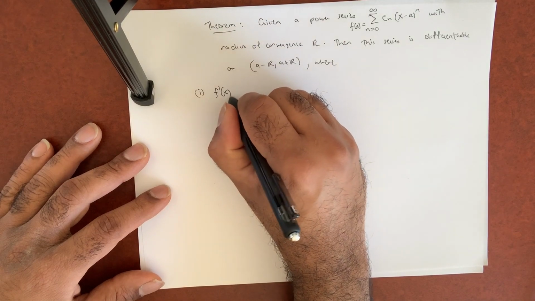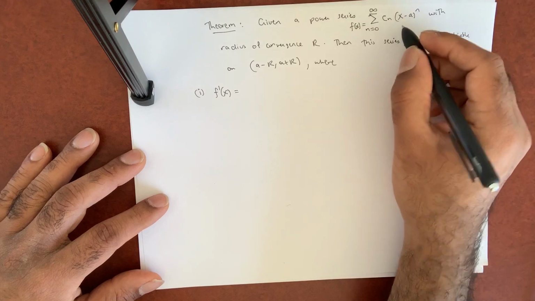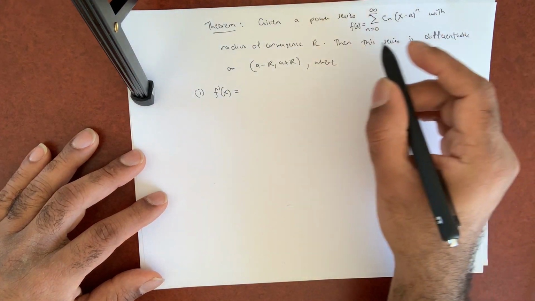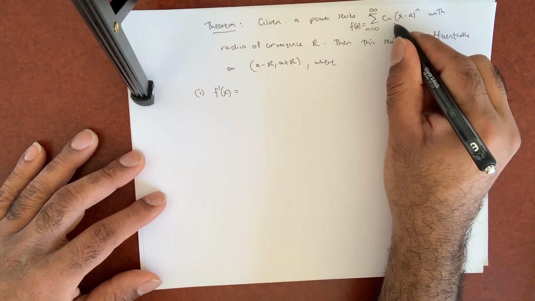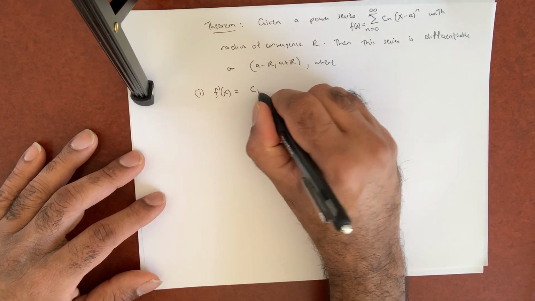So f prime of x, what is f prime of x? Well, it's the derivative of this. If you write this term by term, note, because this starts at just c0, which is a constant, the derivative of a constant is 0, so you start off with c1,